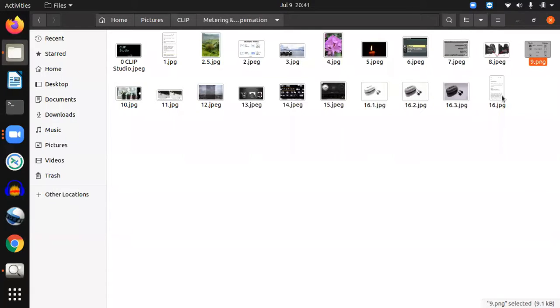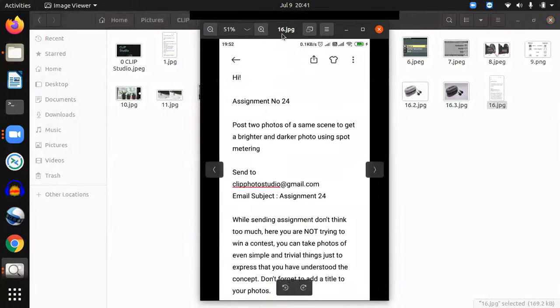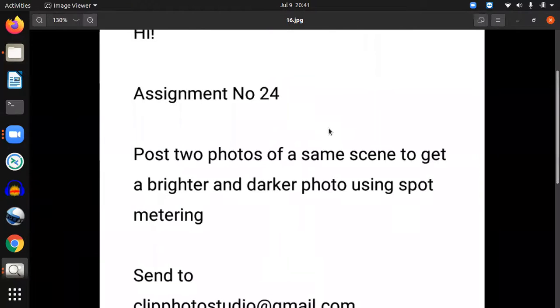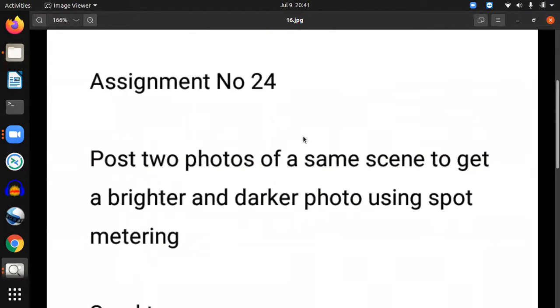What is the assignment that we are having is that we have to take photo of the same frame or the same scene that we have discussed practically. You first try to take a photo, then whatever elements are there in the frame, you point to the brightest area and see that you get a darker photo. So this photo you post. Similarly, you tap to the darkest area and try to get a photo which is brighter in nature. You take a photo like this.